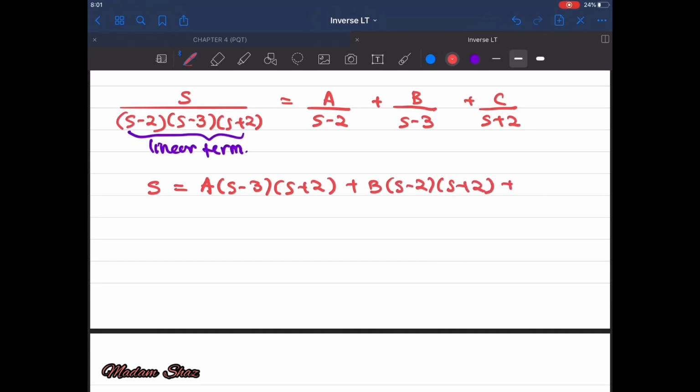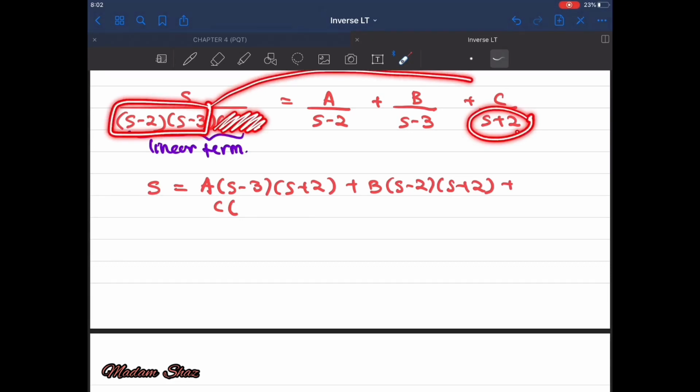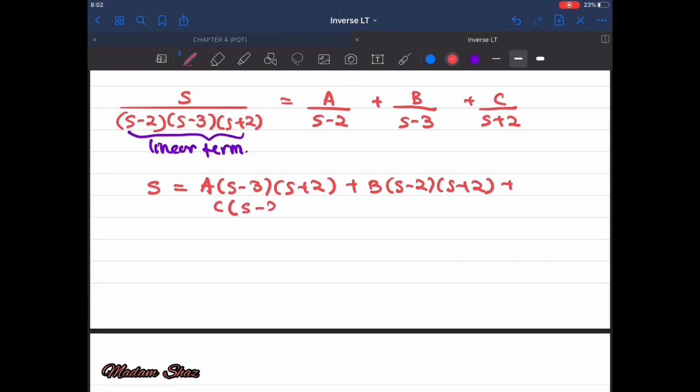For the C here, C is divided with (s + 2), so on the right hand side we will close (s + 2). So (s − 2)(s − 3) will be multiplied with C. So in order to find the values of A, B, C, I will use the method of substituting any suitable